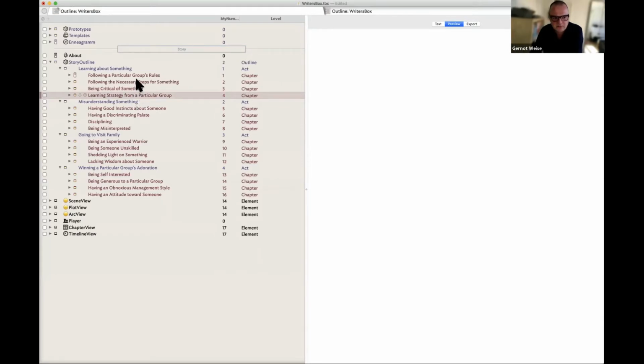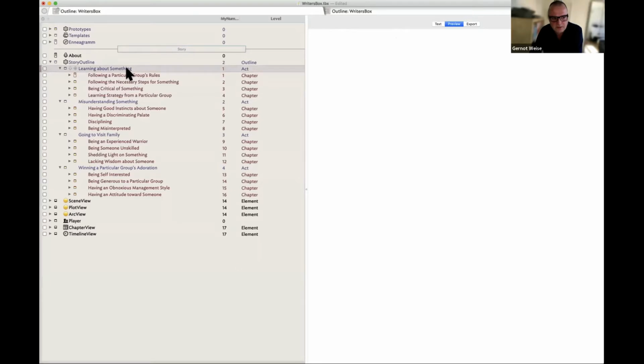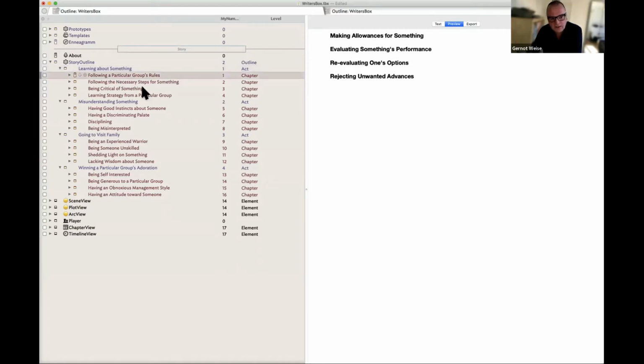Something you learn. So if you take an example, I write in German, so these are some texts which I provided here. For example, in the first act you need to learn something, maybe a language, then you have to follow particular rules when you go to school. Maybe there will be some potential for further conflicts.